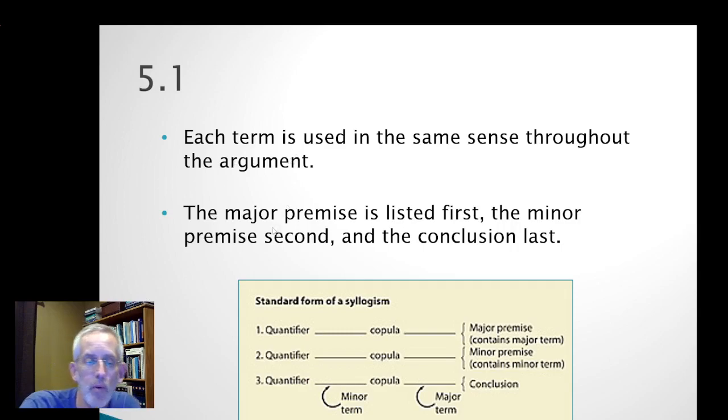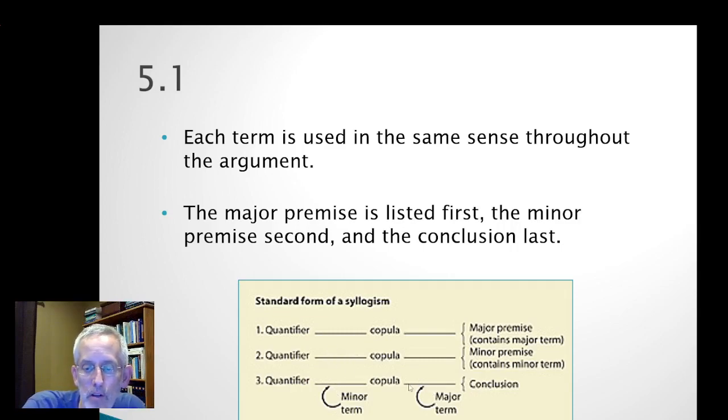And then finally, our fourth condition, or fourth rule here, is that the major premise is listed first, the minor premise second, and the conclusion last. So the major premise is on the top, the minor premise is the second statement, and then in the conclusion, the minor term is the subject of the conclusion, and the major term is the predicate of the conclusion. And so you just have to arrange them